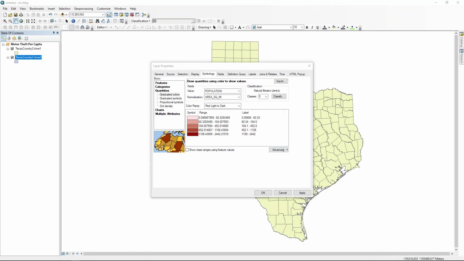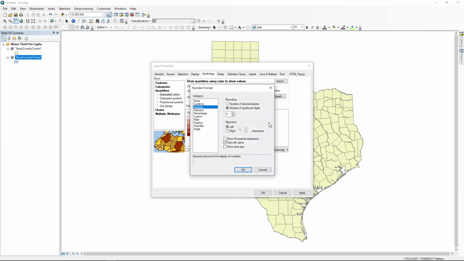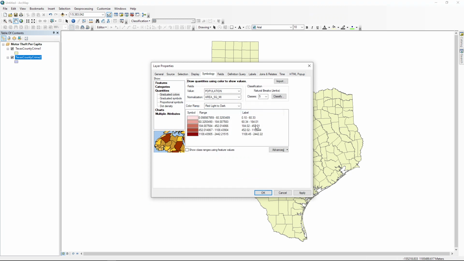Okay. So click the label column heading and click Format Labels. On the number format dialog box, select the number of decimal places and change it to 2. Number of decimal places, not significant digits. Bring that down to 2, and we'll click OK to close the dialog box, and we see that changed over here, and we've got 2 decimal places now. We can click OK to close the Layers Property dialog box,